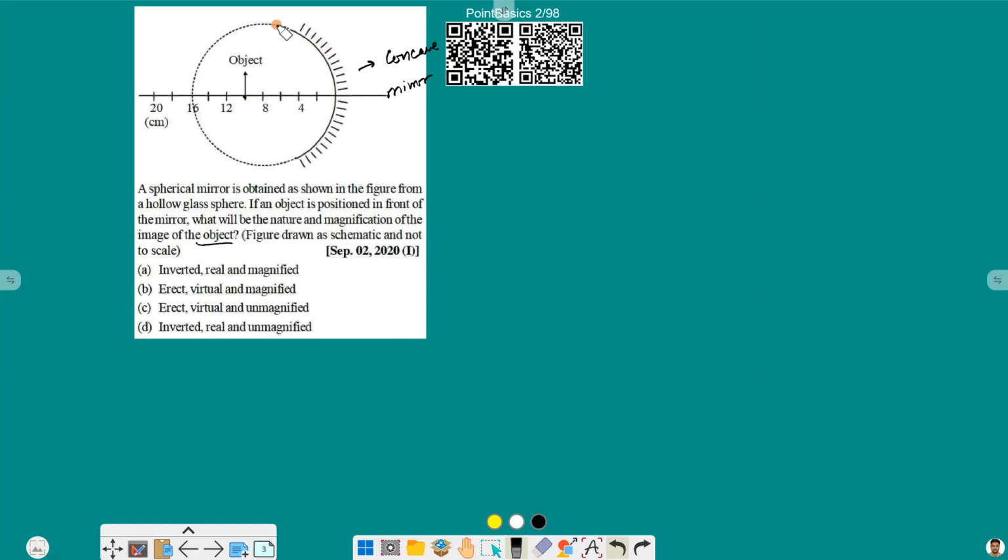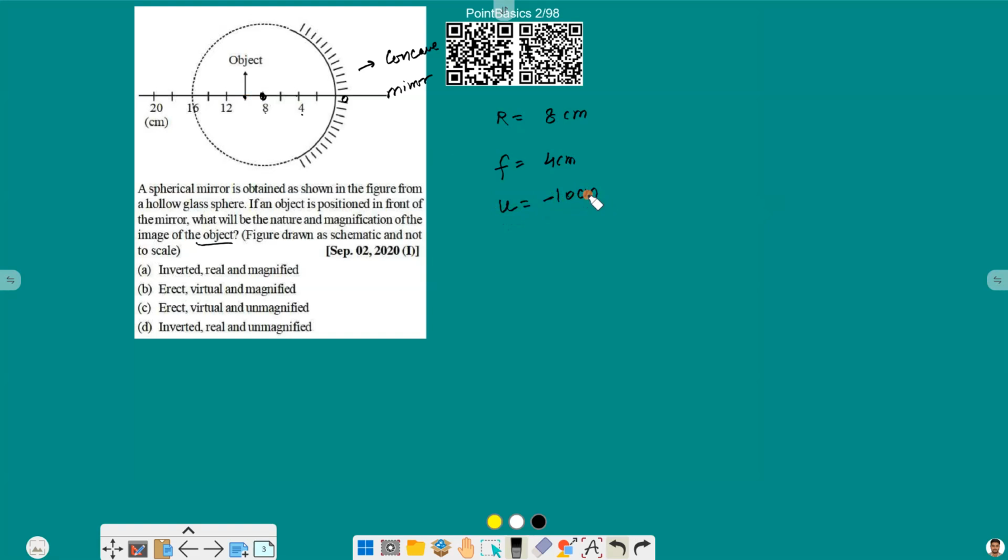Now this sphere diameter will be, this is 8, this is 4, so we have a difference of 4 here, 16, 12, 8, 4, so this will be 0. So we can say the radius of this sphere will be equal to 8 centimeter, and from that focal length will be r by 2, that will be 4 centimeter. So here the distance between the mirror and the object is 4, 8, and this will be further to 10. So u is